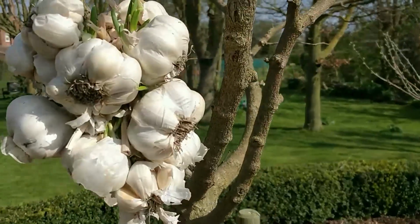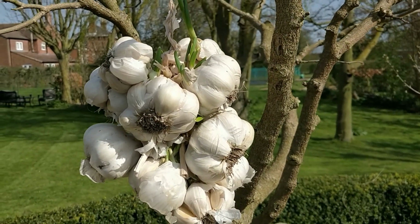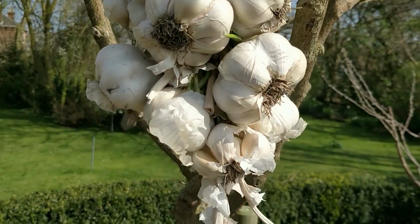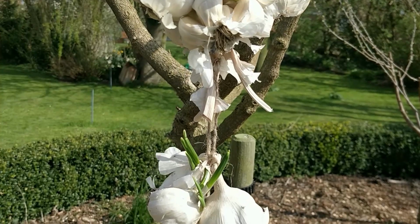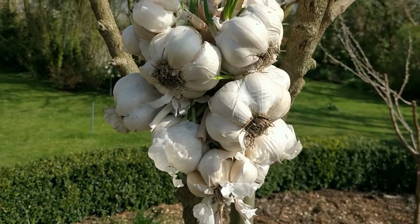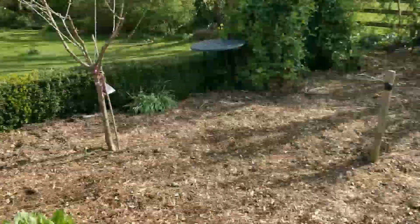So we're into almost now the hungry gap, where stored food is used up or spoiling. Let's show you around a little bit and show you what we're doing to get through the hungry gap as regards alliums. Come on. Here's our last sad little string of garlic. It'll probably get us through. But as you can see, it's all starting to sprout, so if we don't use it, it'll go over anyway. So what can we do given that we're about to run out of stored bulb garlic? Well,